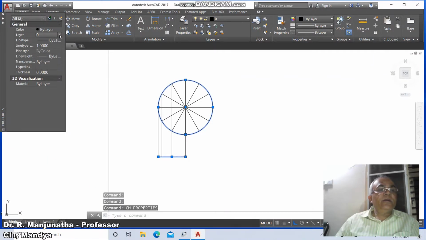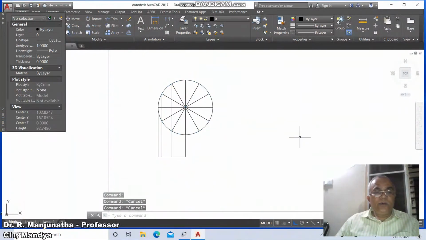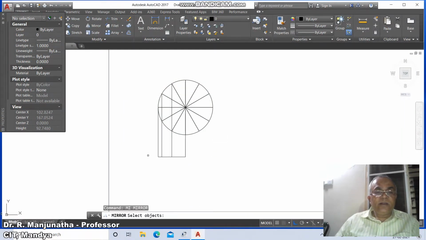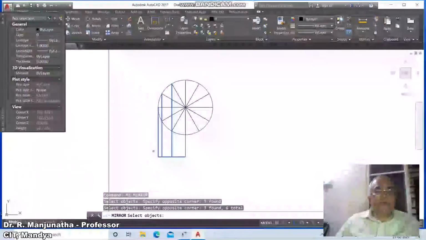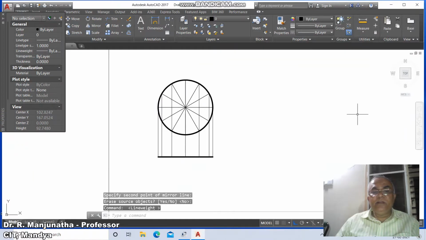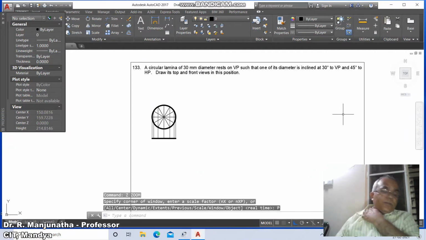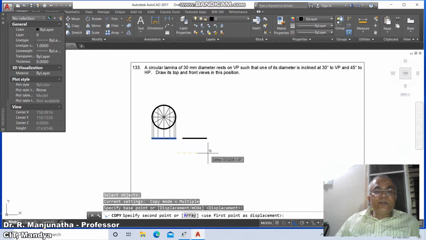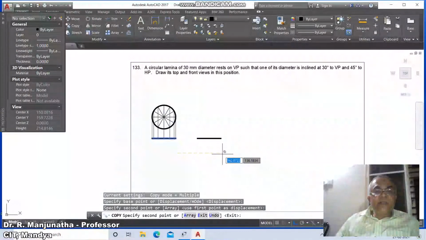to layer, click on views, then go to break, this line, first point, take this at the rate, similarly break, first point INT of this and say at the rate, then go to mirror, take this window and take this crossing, then go to nearest point and mirror it, then switch on the display mode, then go to copy, select this entire top view, first position top view and copy it to the next position.